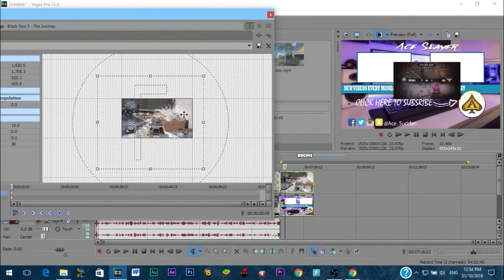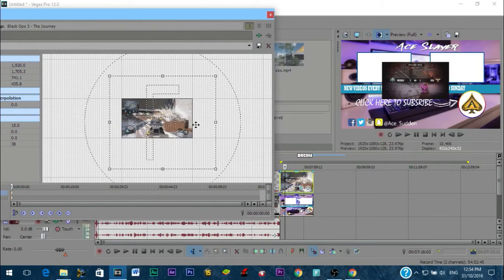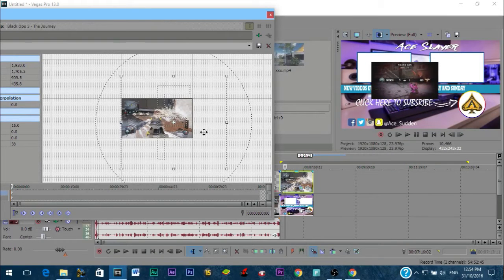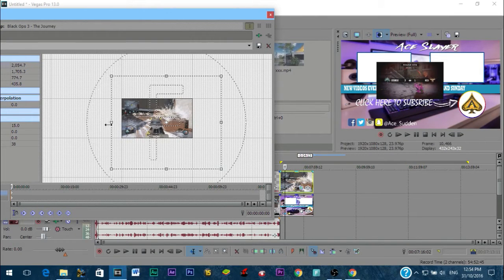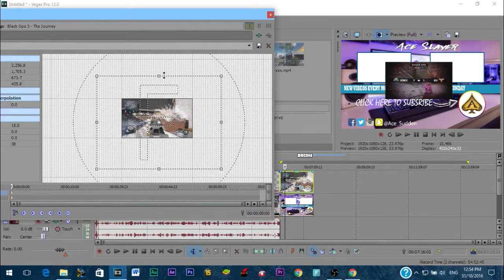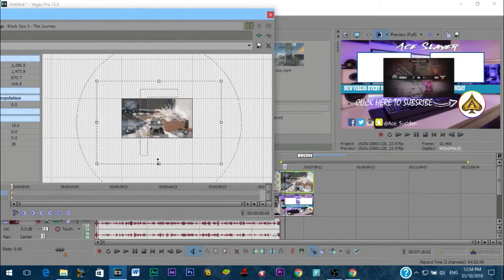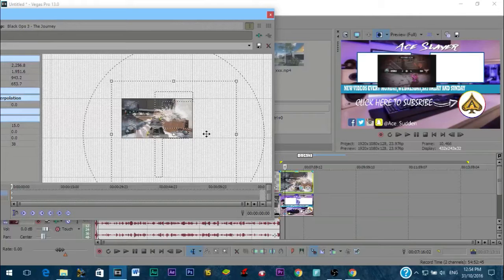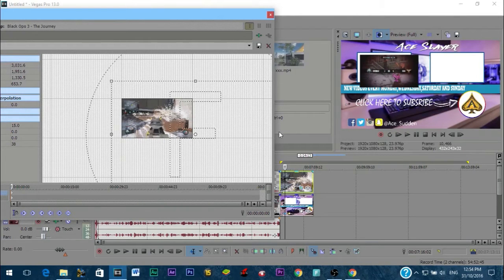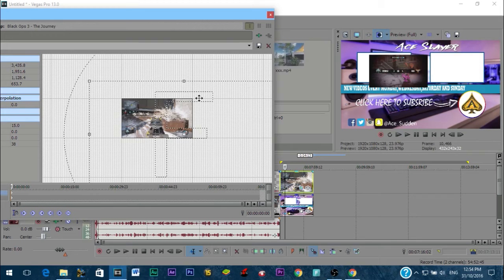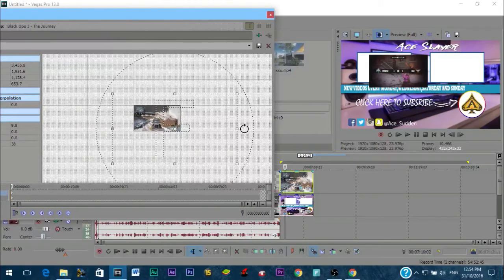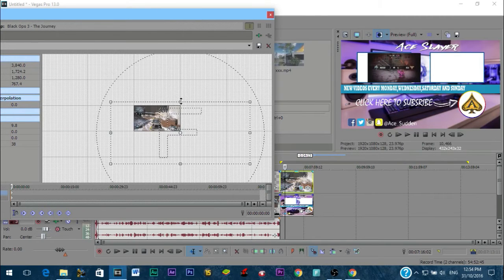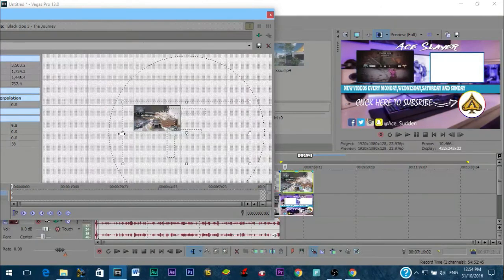You free-handedly draw this around first, play with it a bit. You don't want to draw this too much, because it will cut off that part of the video. So you would just do this. You just keep messing around with it. That's basically what I do. You keep messing around with it until you get it where you want it, zooming out, zooming in. This is the part of the video that takes the longest to do.